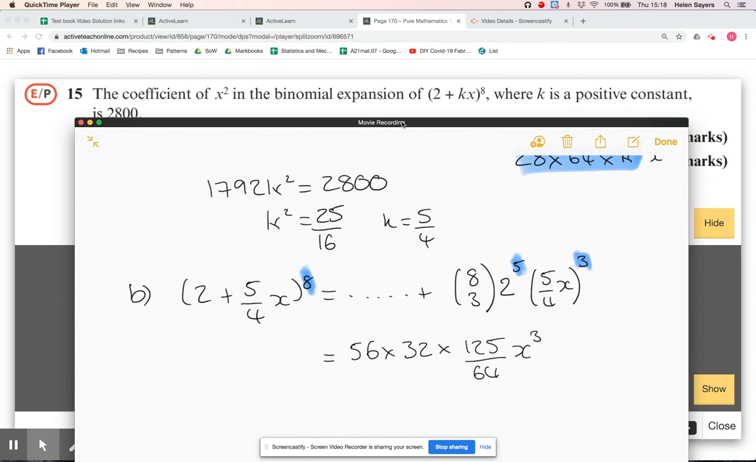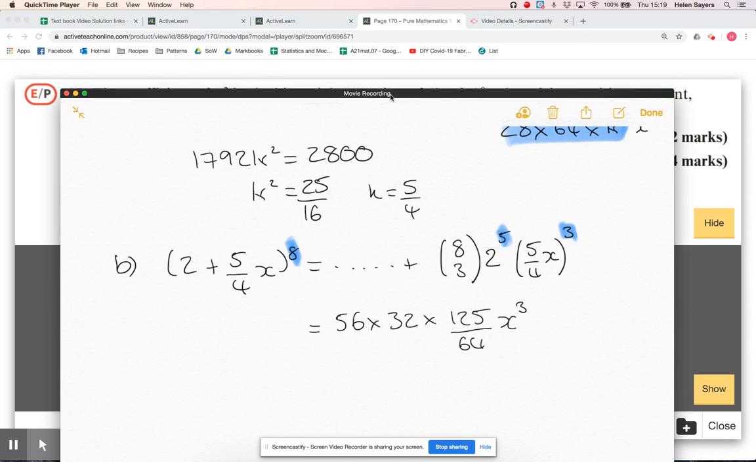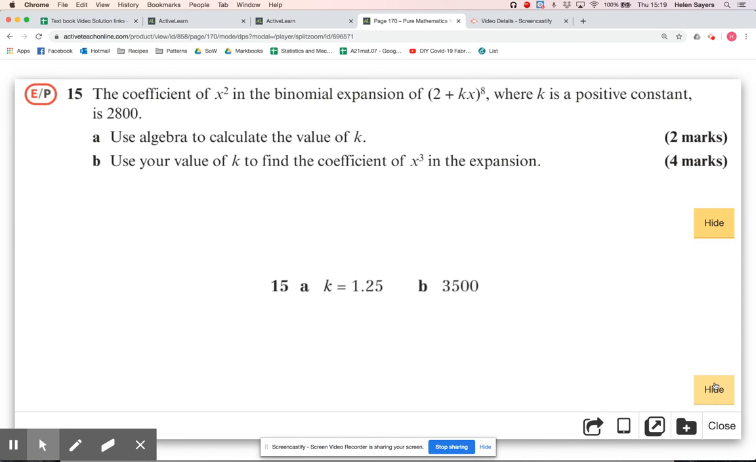Just be careful, because I think they asked for the coefficient. If they want the coefficient, I need to multiply those three things together anyway, so let's do that. But I also need to give the coefficient without the x cubed. In fact, let's write that as a sentence. They didn't ask for the x cubed term, they asked for the coefficient of x cubed. Let's just check that. 3,500 and 1.25 is 5 over